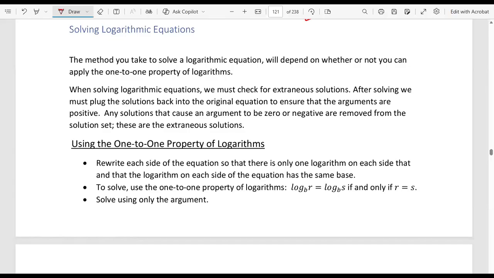Solving a logarithmic equation. Logarithmic equations are equations where the x or the variable is inside a log function. We are going to use the one-to-one property for most of the cases, depending on the problem. I will explain the different methods that we can use for solving logarithmic equations. But something that is important: after solving each equation, we need to check for extraneous solutions because the